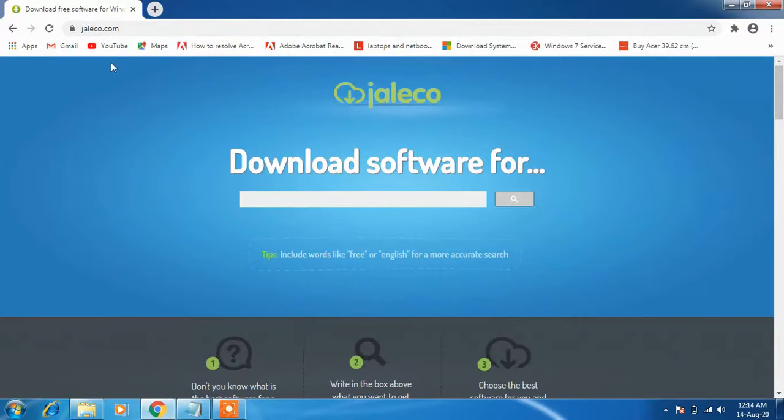So one site from where you can download and install the Windows 7 Service Pack 1 is jalco.com. So just go to this site jalco.com and search for Windows 7 Service Pack 1 and hit enter.